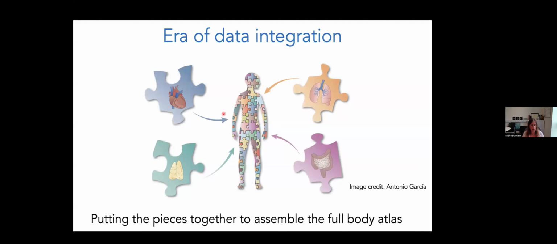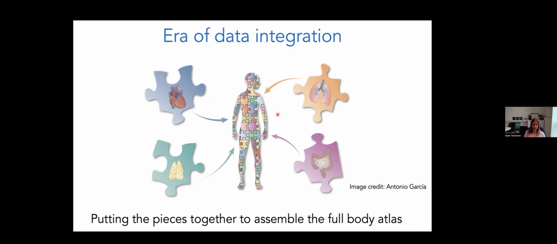What I mean by that is that for any given tissue or organ, let's say the airways, the gastrointestinal tract, the thymus that I showed you, heart, and so on, many groups are working on these tissues and generating data, and have done over the past decade or so. And so what will be really useful for the Human Cell Atlas community, but also the general biomedical community, will be to have an assembled gold standard reference with cell annotations